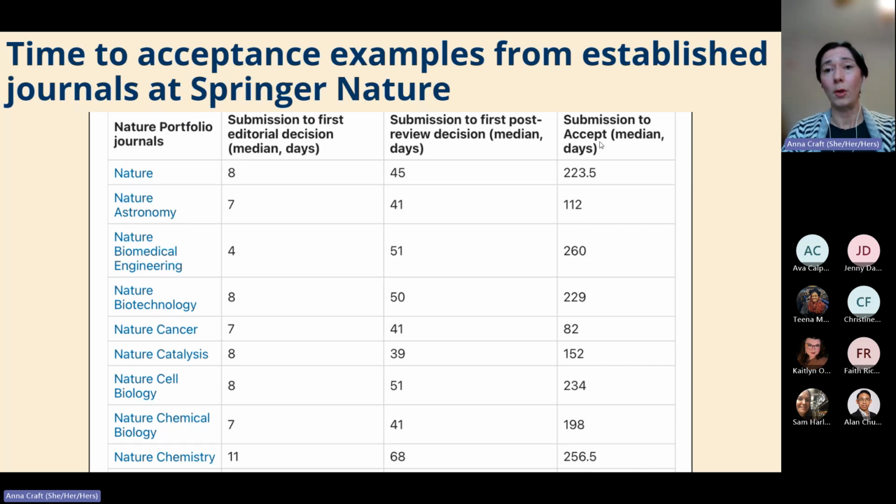You have been through the reviews and done your revisions, and the journal has said, yes, we are going to publish this. And at this point, the shortest one we see with Nature Cancer is 82 days, so almost 3 months. Some of these are much longer. Of course, it's going to vary among journals, but this is the sort of thing that you might see on a journal site that tells you some context about their expected timelines.